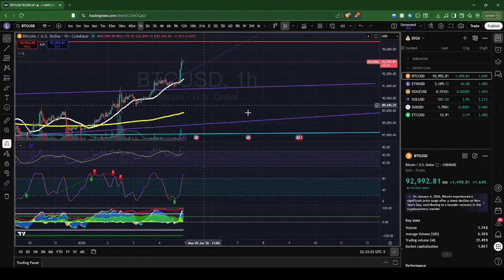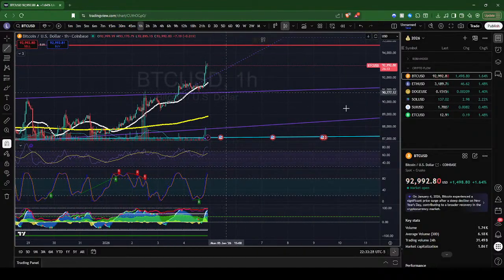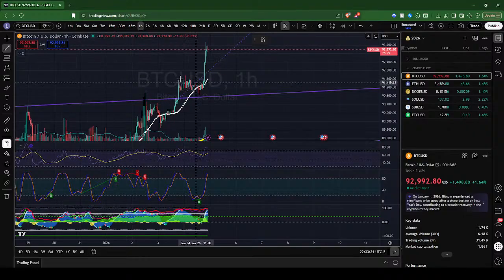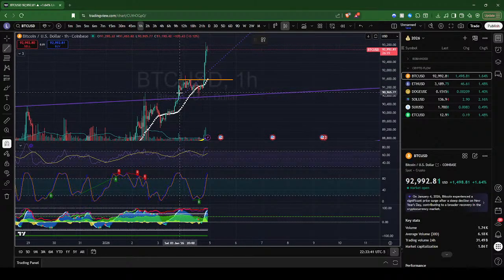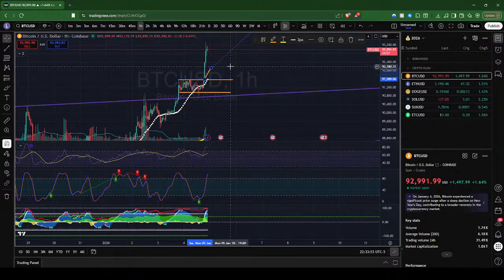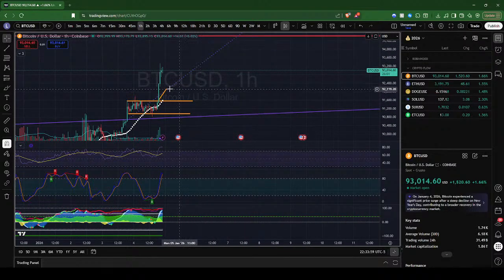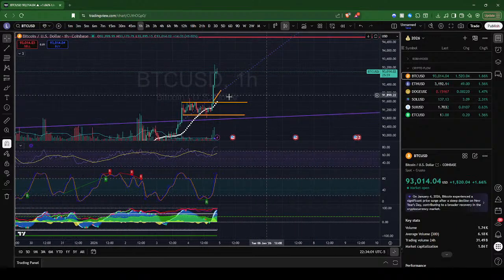And on the 1 hour, basically we could flag this, and it's showing that we've broken out of this pattern here, and it looks like we are getting some more upside for the time being. And you could say it's something like that, with a measured move of approximately this. And now we're just ripping. So this measured move only goes up to here, but at this point we are just carrying on,